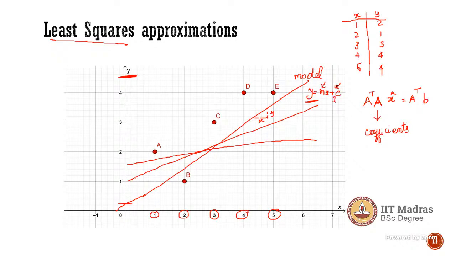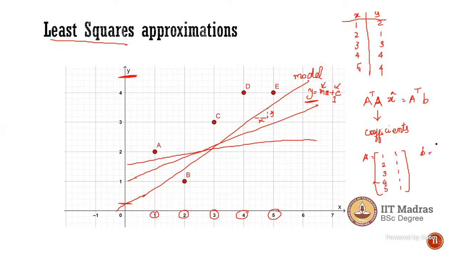The value for your slope, the coefficient of the slope, is 1, right? For solving this, we make the matrix A with the values for x, that is 1, 2, 3, 4, 5, and the coefficient of your intercept, that is 1, 1, 1, 1, 1. So this is how you form the coefficient matrix. Once you find this coefficient matrix, the rest is simple.